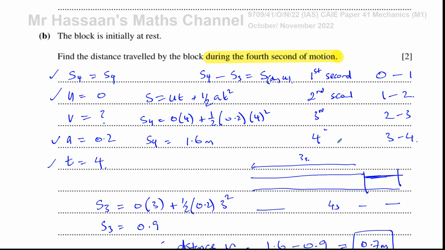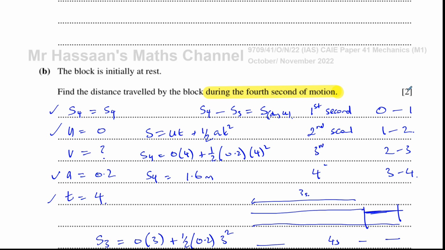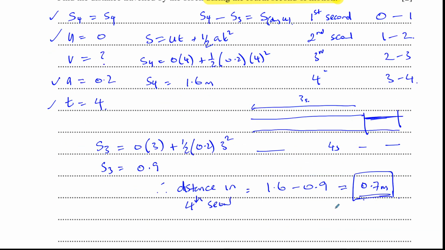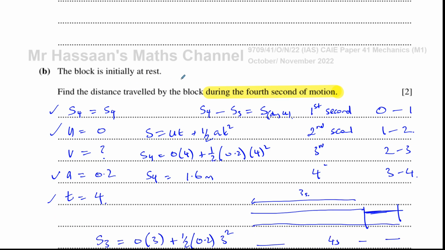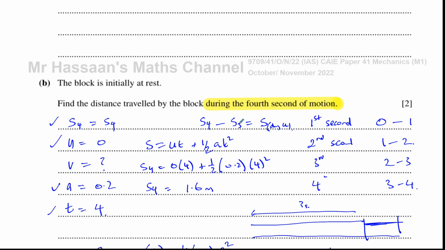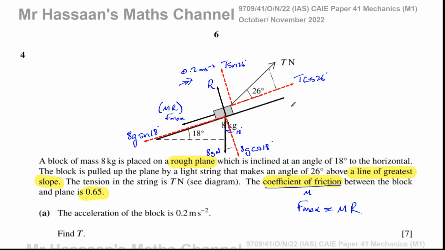So we don't really need the force diagrams or anything. We already know the acceleration. So even if you couldn't work out part A, you could answer part B, get at least, salvage, 2 marks from part B of the question, because it doesn't really require any understanding of part A, except knowing the acceleration, which we already know, and that's what they told us in the question. Okay, so there's the answer to part B, and that completes this question from the M1 paper of October-November 2022